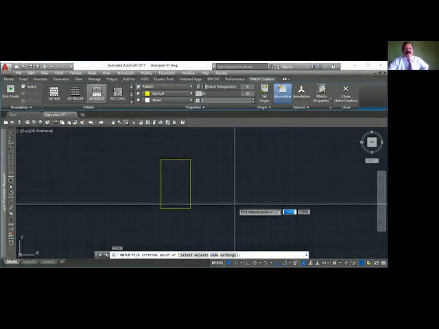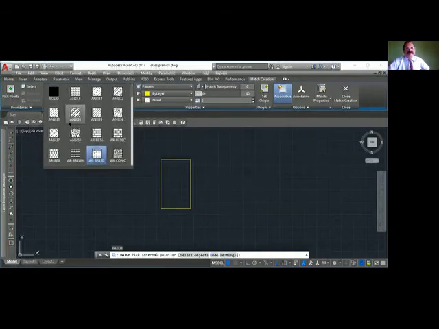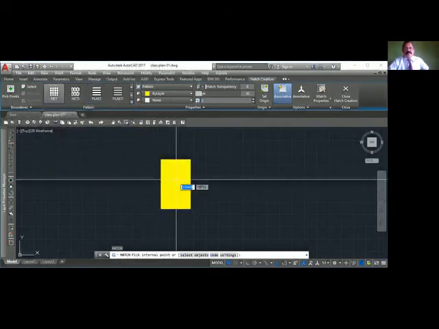Hatch, and we can see from here a tile pattern. Approximately it's coming, not exactly. Yeah, something is coming, but it is not coming as we require.